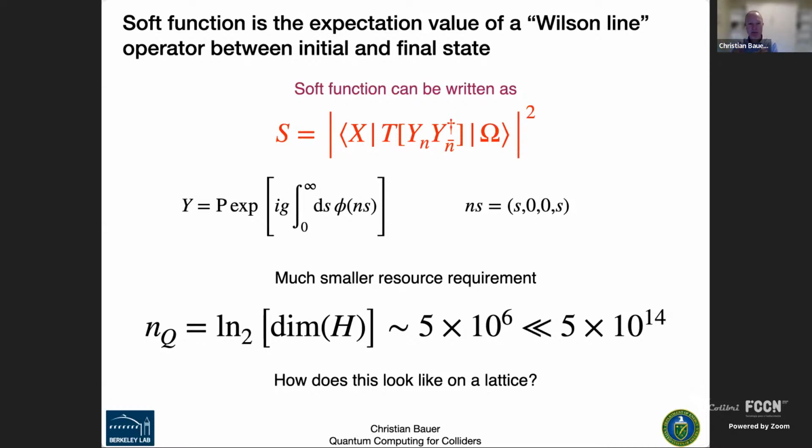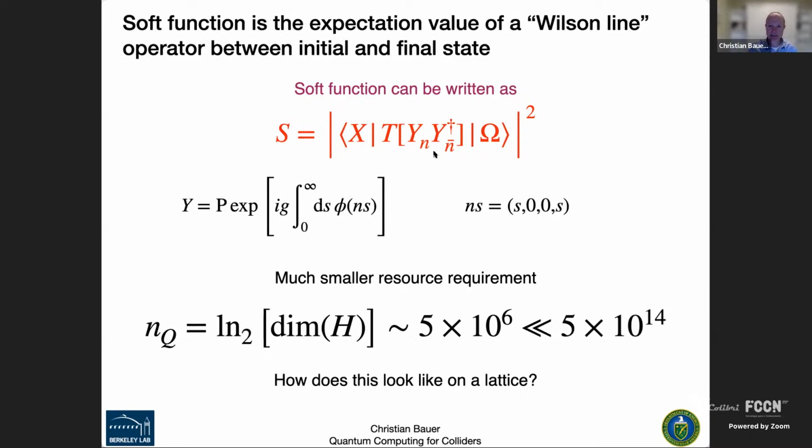And you can understand that because what these Wilson lines are describing is how these ultra-energetic particles move through a bath of soft particles. If I have a really energetic particle, it essentially moves with the speed of light, and no interaction with soft degrees of freedom can change the direction this particle is moving, because after all, it is essentially infinite energy. So it's moving on a fixed, light-like path, in a fixed direction. This is just what comes out of the effective theory, but it is relatively easy to understand